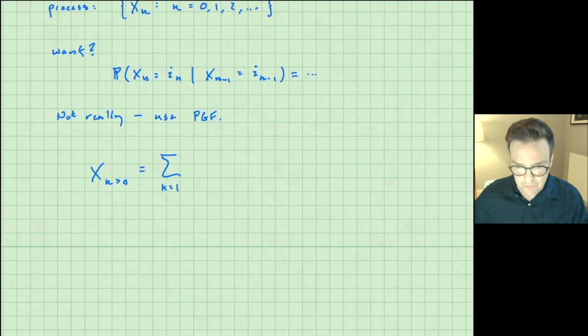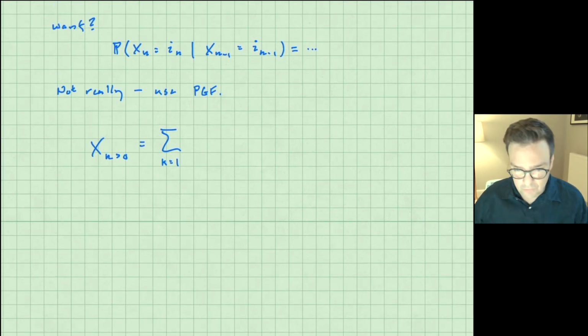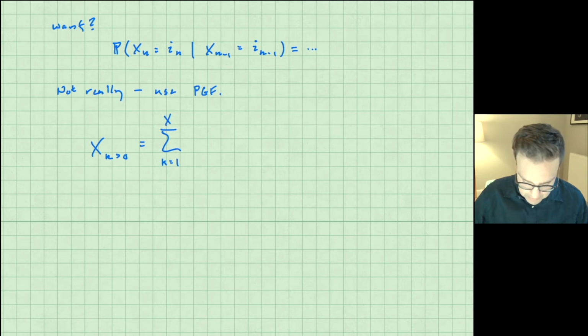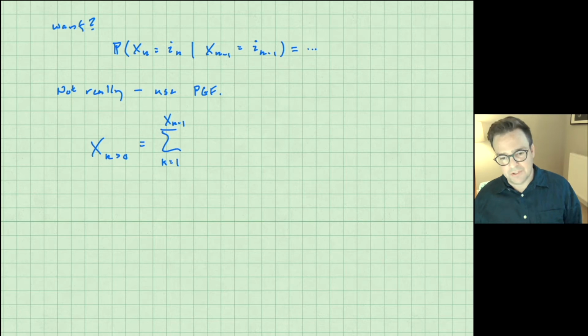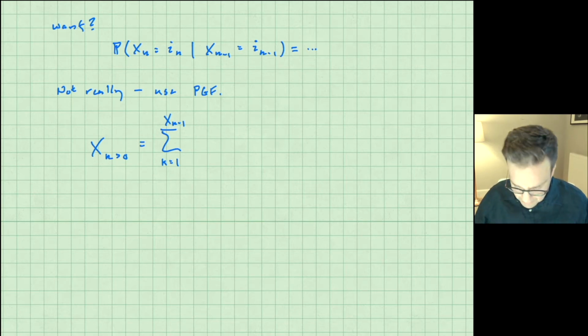And so the way we're going to express that is we say this is a sum over k, and k starts from 1, but it goes up to a number x n minus 1. So the size of the population at the previous step, each one of those has a z associated with it. And then we just count up the z's. So then we put under here z sub k, and the z's are from the previous generation,